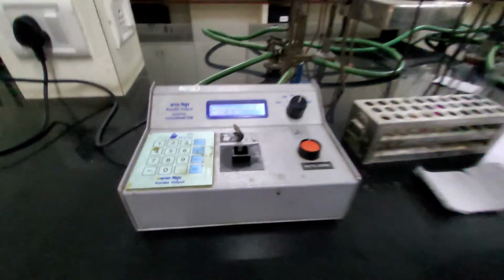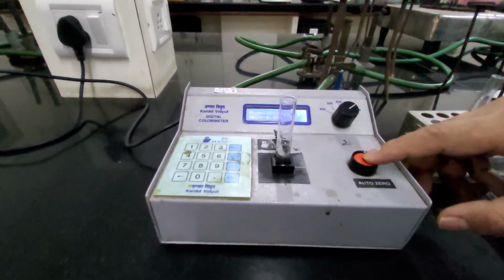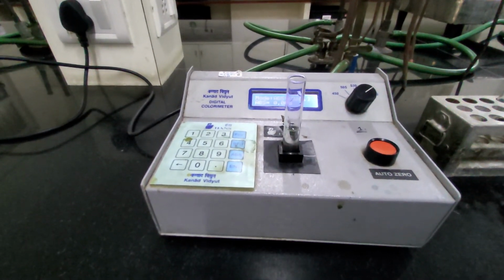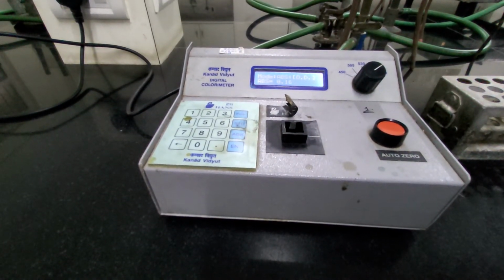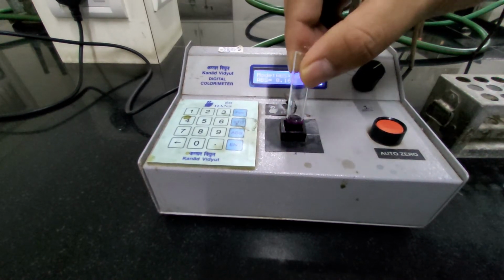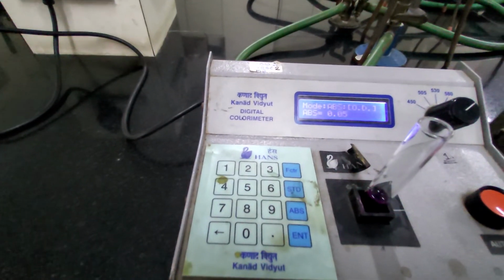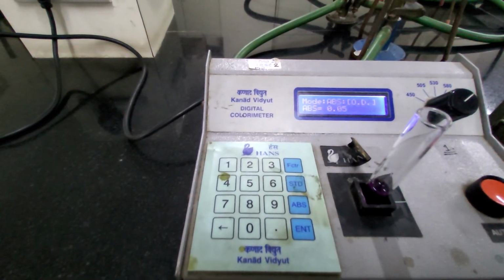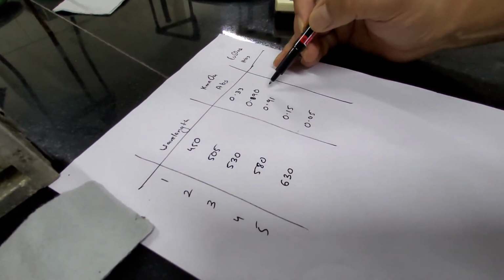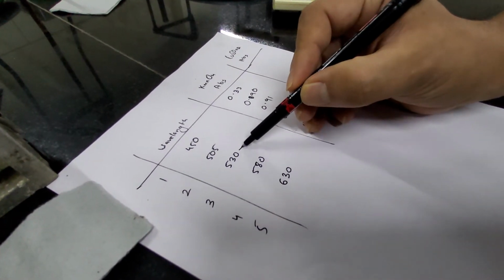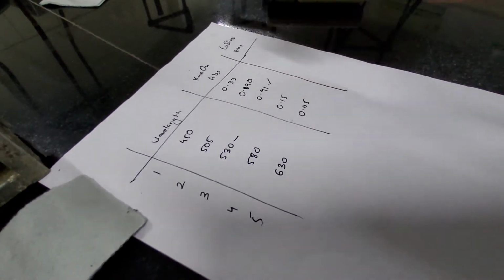We will remove our KMnO4. Again we will wipe our blank tube, place it again, move to the next wavelength, and put it to auto 0. Once it is on auto 0, we will place our KMnO4 solution, and you can see that the OD is 0.05. So now you can see the absorbance has increased and it is maximum at 530 nanometer. So this is our lambda max for KMnO4.